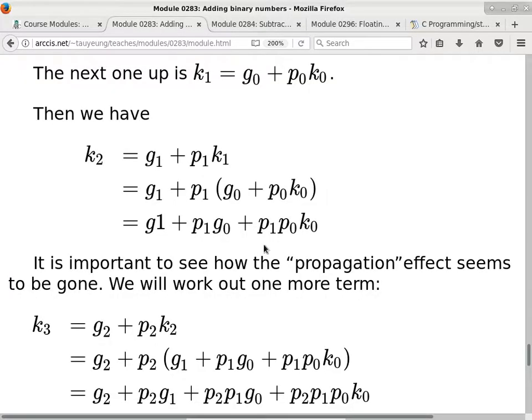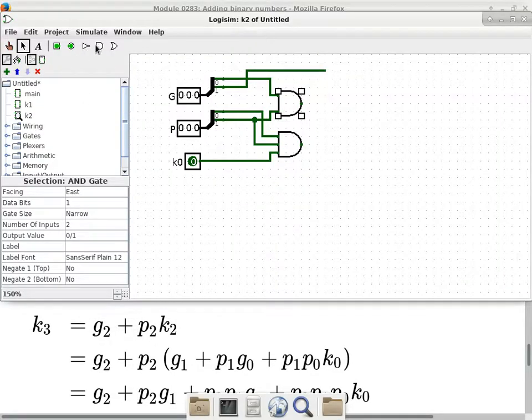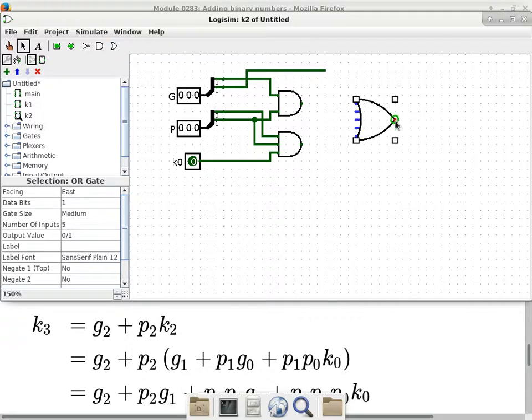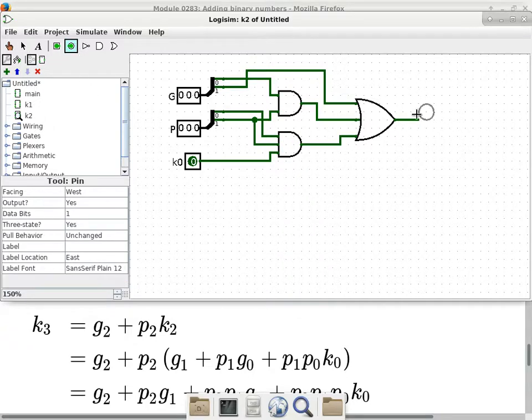And then the overall OR is a 3-input OR. So we pull an OR gate here, turn it into a 3-input. One goes here, one goes here, and one goes here. And then the output is our K2. So we'll take a little output pin, label this one as K2,